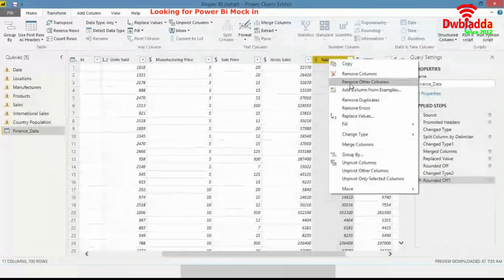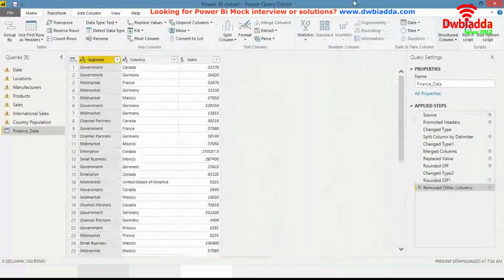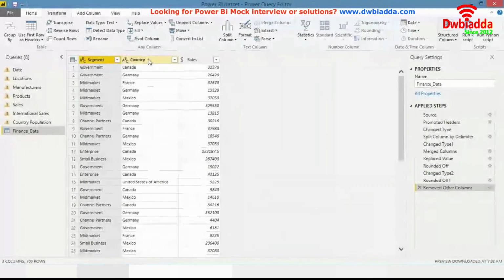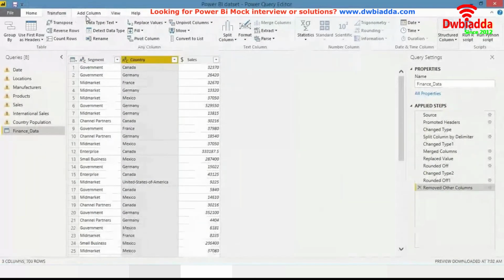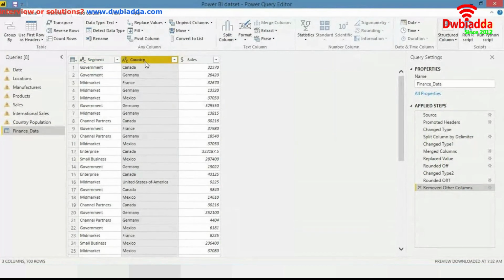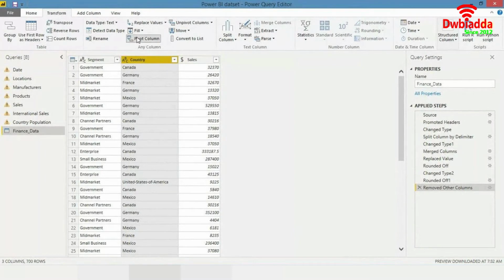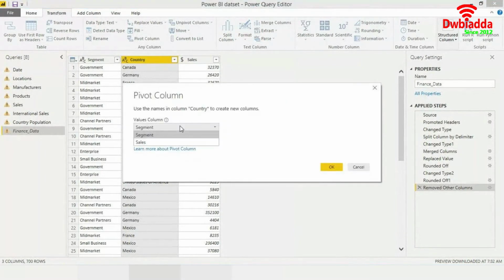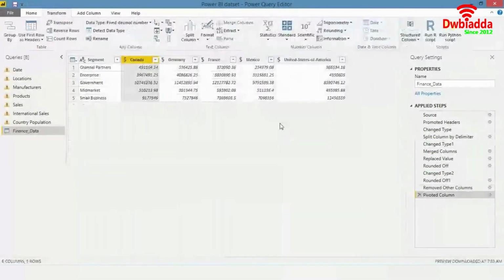This will eliminate all other columns and keep only the columns currently selected. Since we want the countries in the columns, we can click on country, click on pivot column, and select sales from here. Right, so it has transformed the data in this manner.